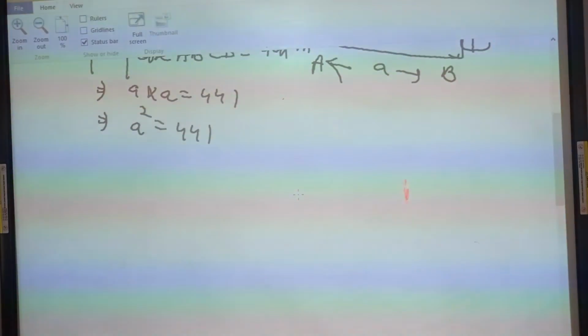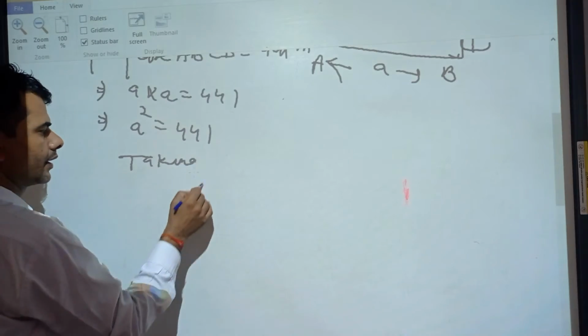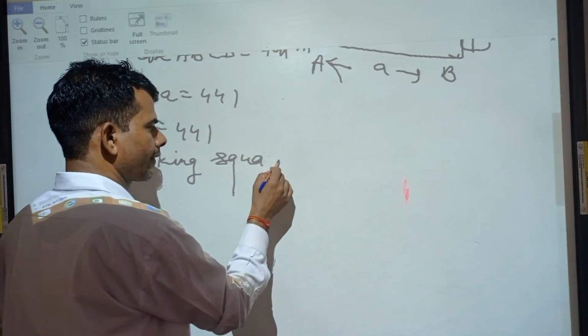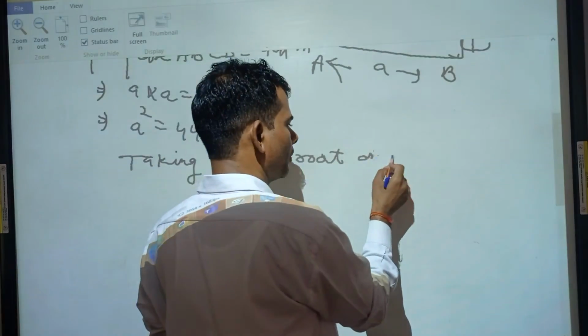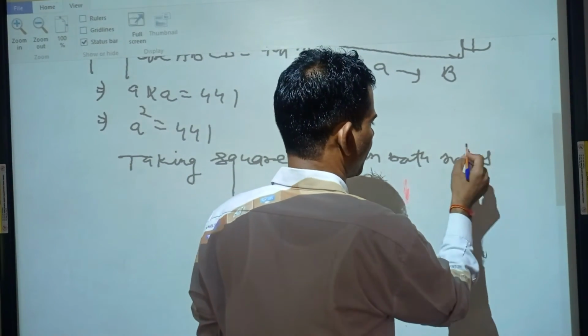Taking square root on both sides, we get